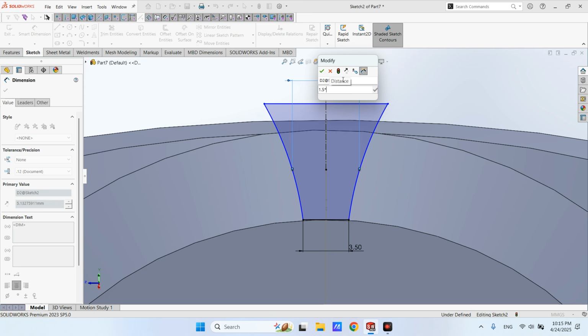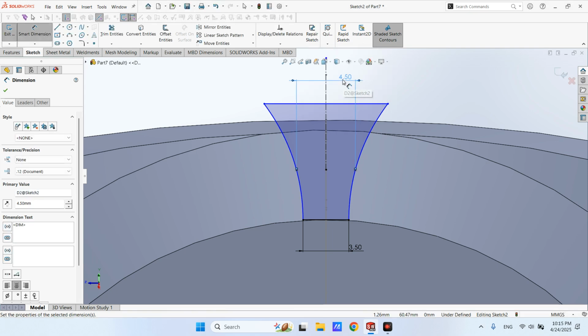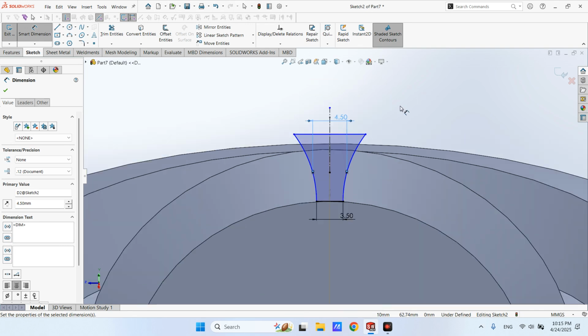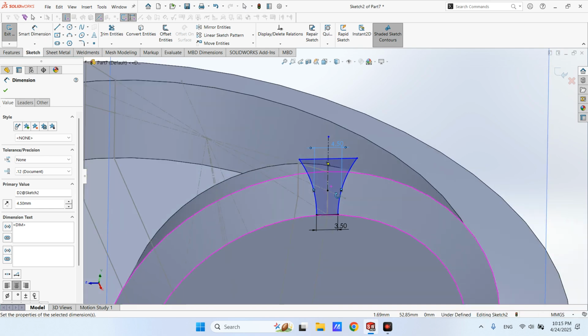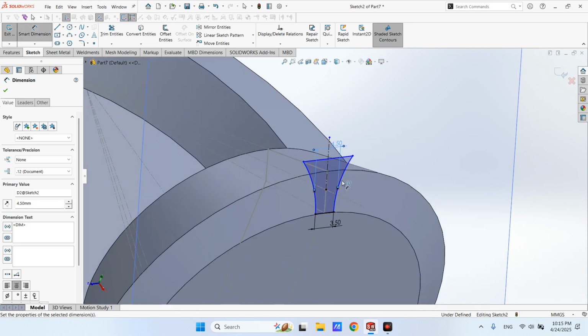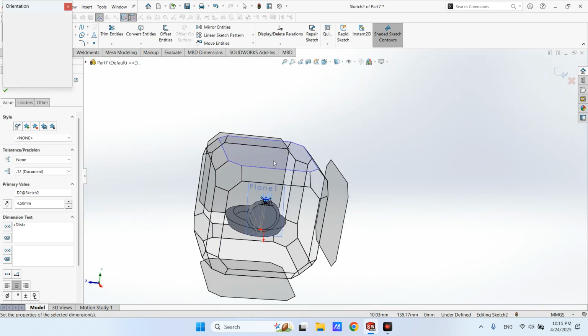Our module is 3, so I define this dimension to be 4.5, but maybe later you should change these dimensions so that you can get more realistic profiles. Okay, and also